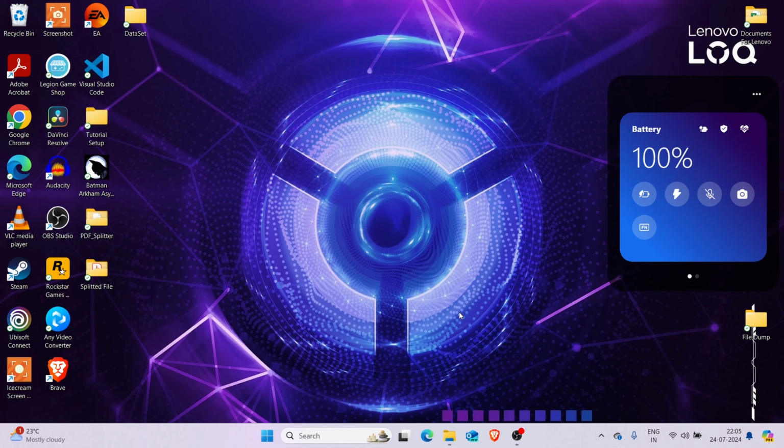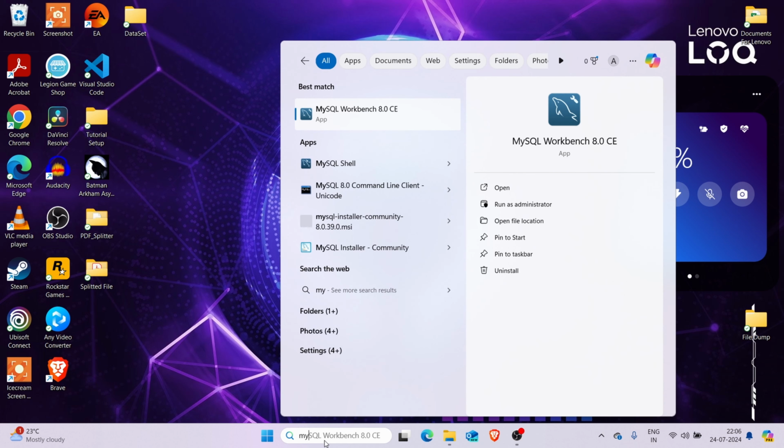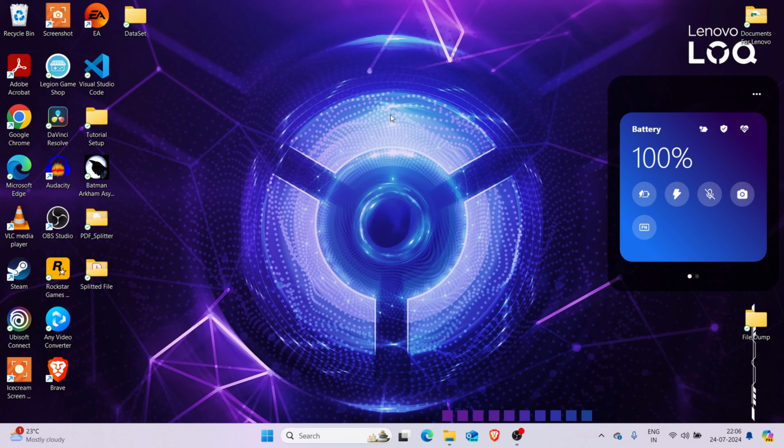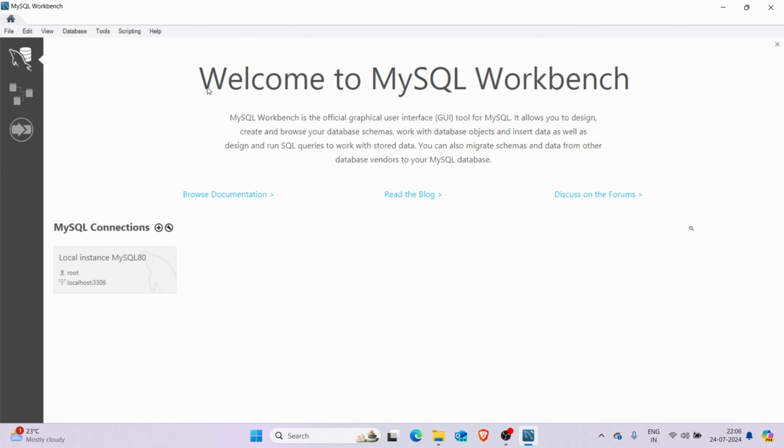So now we have seen how to install MySQL. Then the point is how to connect MySQL and how to work with it. You can connect MySQL with multiple IDEs and also multiple tools, but I'm showing you two ways to connect and work in MySQL. The first one is MySQL Workbench. So you can use MySQL Workbench,